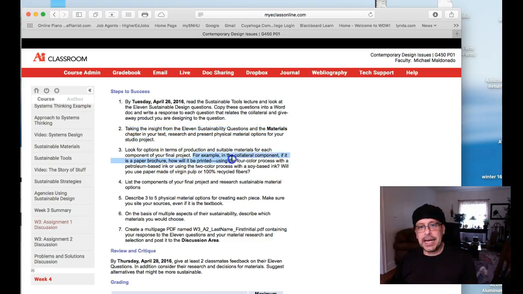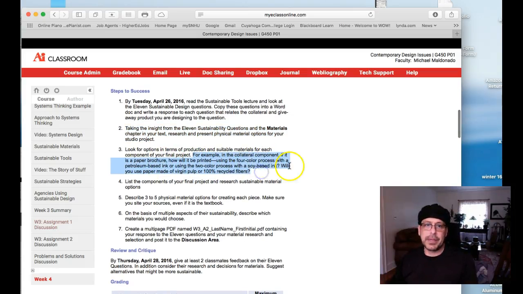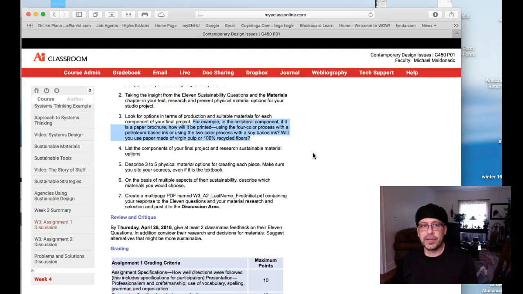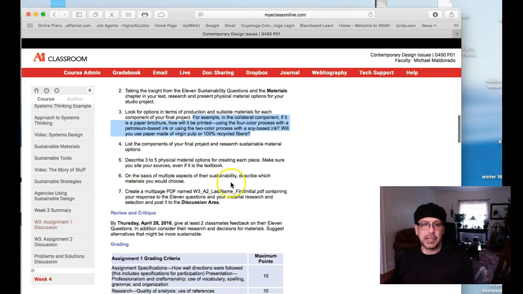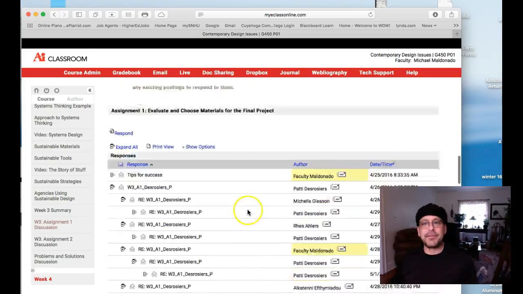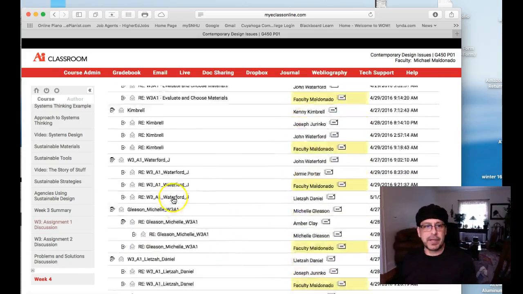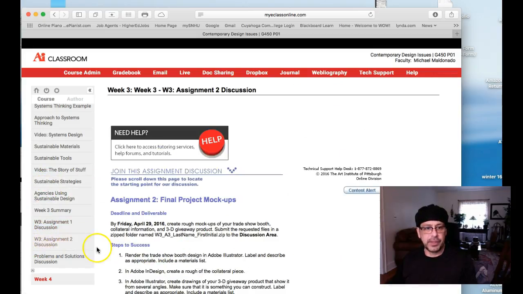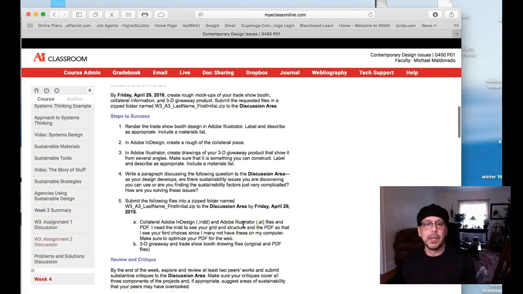I think a lot of students are really getting caught up on materials, folks. I really do. And the materials chapter was introduced last week, and we're going to look at the materials chapter again this week. But really take a look at that book. You have to look at the book this week for week 4. Otherwise, you just won't get through the project. But I think everybody did fine on this. I think that we still have a couple out, and I will get to those in grading. But then straight to week 3, assignment 2, where we have our final